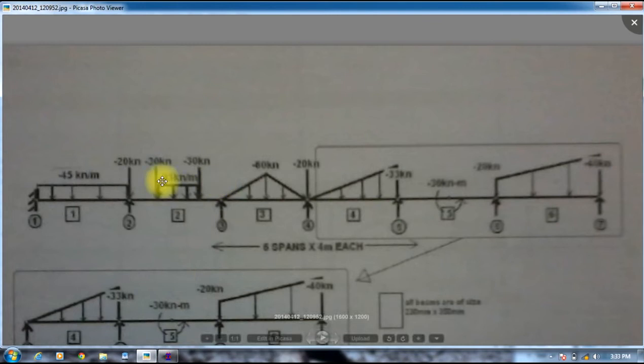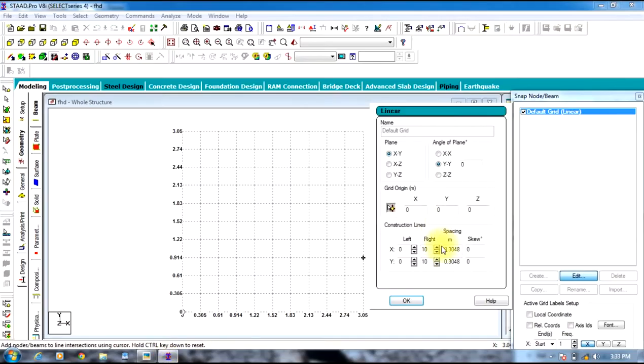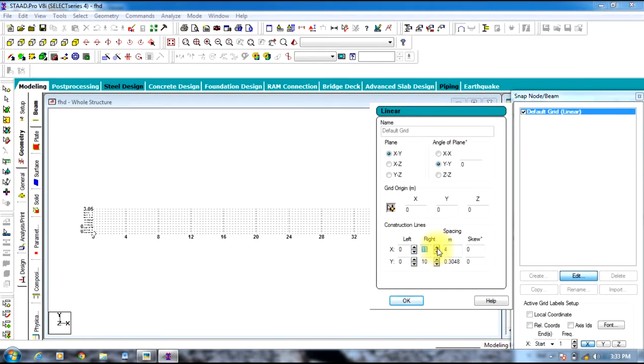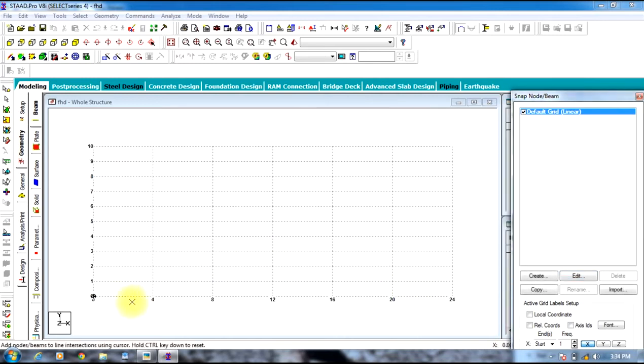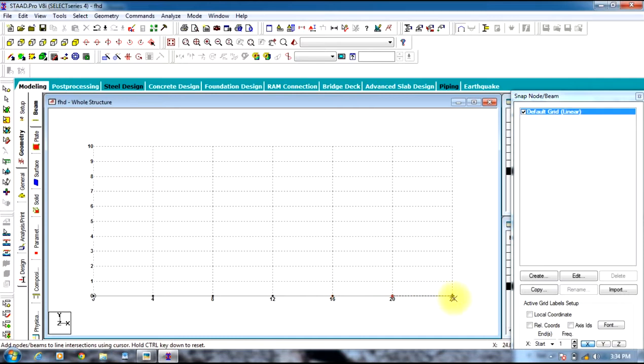Since our continuous beam is 6 spans of 4 meters each, we will change the spacing to 4 meters and the coordinates to 6, and the upper side 1 meter. Okay, so you can see 24 meters. Now we need 6 spans, so select 6 spans: 0 to 4, 4 to 8, 8 to 12, 12 to 16, 16 to 20, 20 to 24. Select escape,